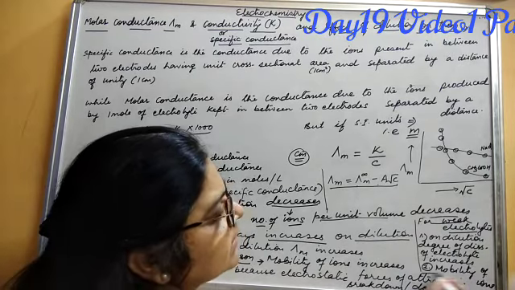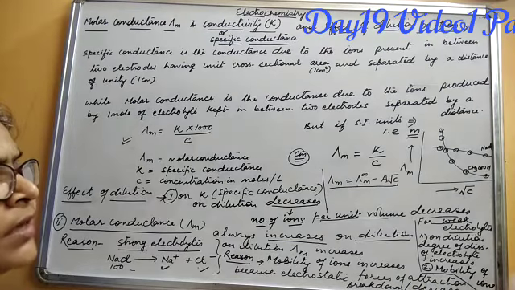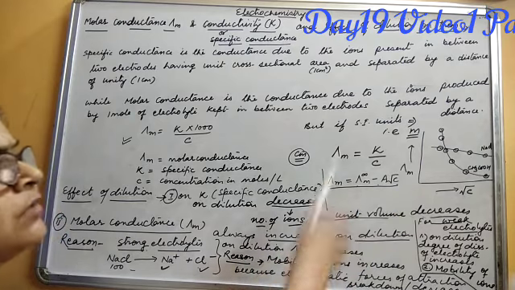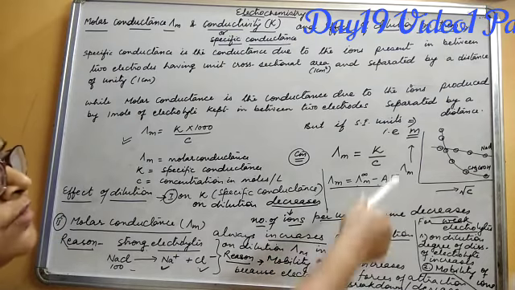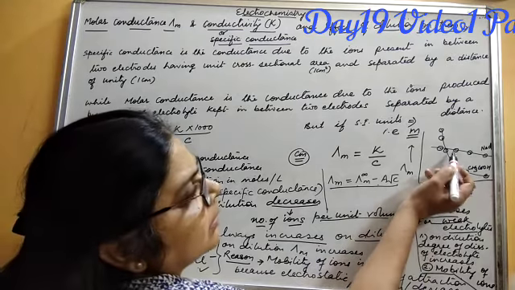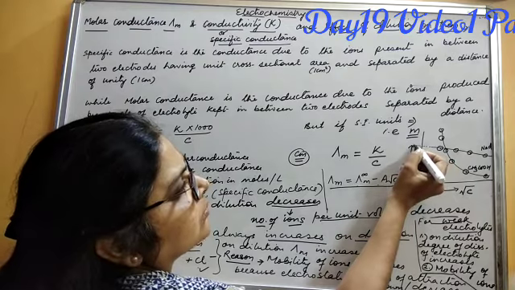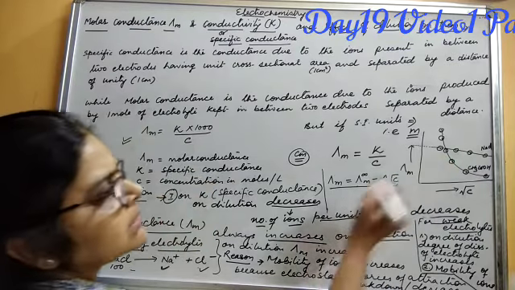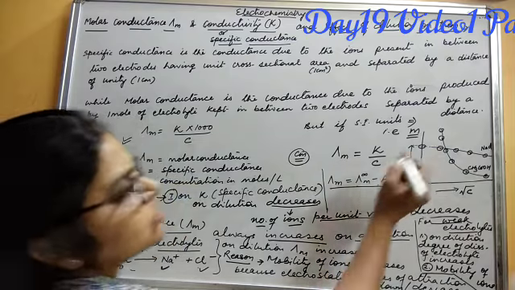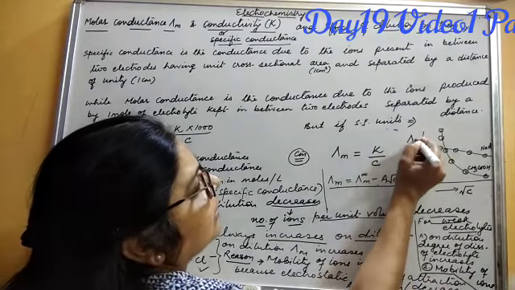So here two reasons are there: mobility of ions increases as well as degree of dissociation increases. So as the number of ions increases, molar conductance sharply increases, so that the graph comes in this way. But here, if we extrapolate the graph of the strong electrolyte on the molar conductance axis, this graph cuts this axis at one point, which is written as lambda m naught.